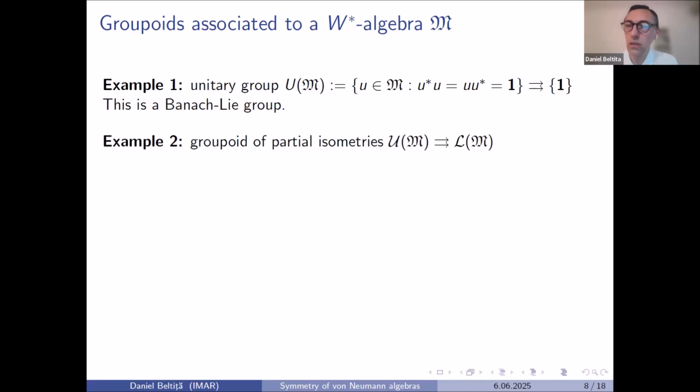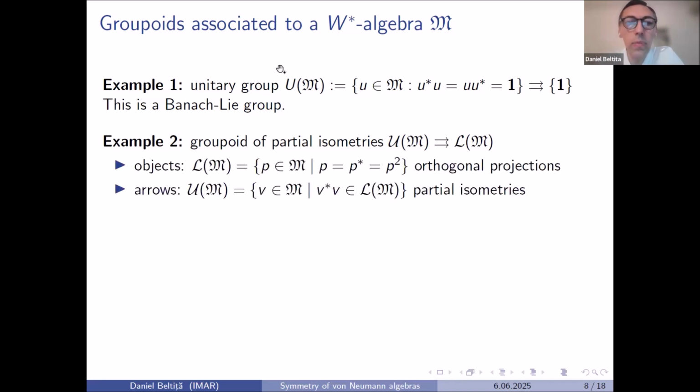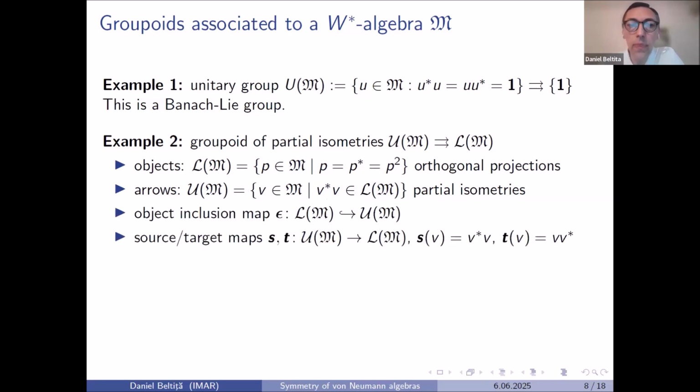And so the initial space of the partial isometry will be the source, and the final space will be the target. So it's exactly the typical groupoid that is not a group. In the case of a general von Neumann algebra, the objects are the set of orthogonal projections, which are in particular partial isometries, of course. The arrows are the partial isometries defined by the elements V in the algebra with the property that V star V and also V V star are orthogonal projections, or just this condition is enough, but it's better to keep in mind that also the final space is the projection.